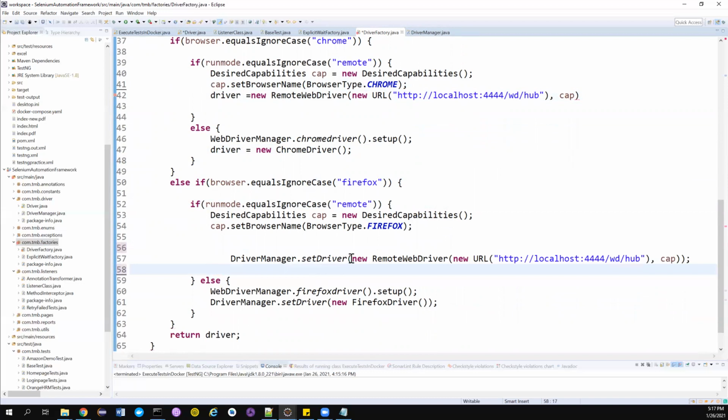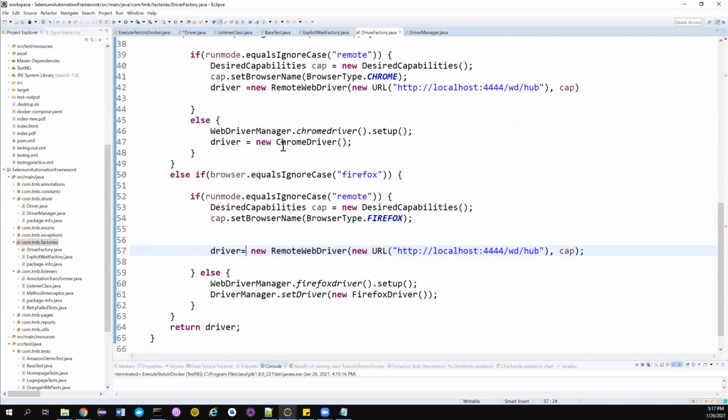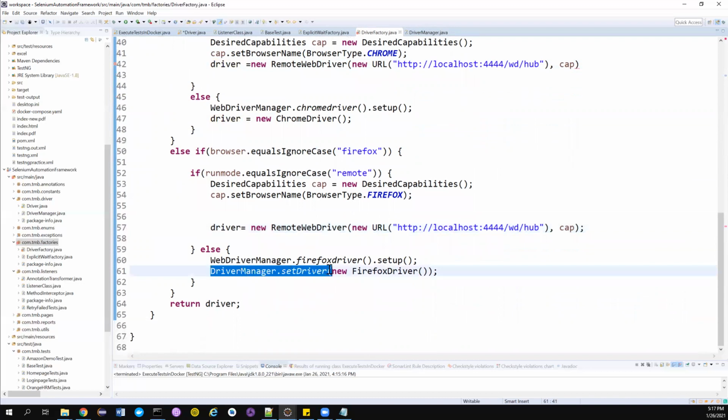I will explain you why. And I also don't want to set it directly to this. I just want to assign to driver so that I can return from the method. Good. Same way, I don't want to set it here, and I can set driver equal to Firefox driver. So when the browser is Firefox and the run mode is local, it will assign a new Firefox instance to this driver variable. Okay, at the end I am just returning this driver.